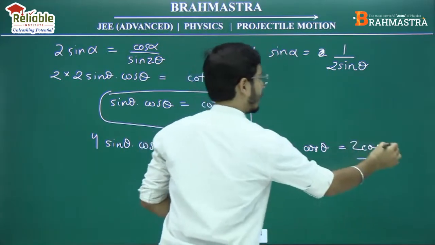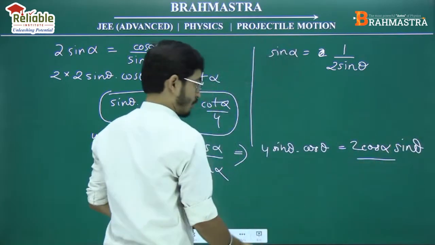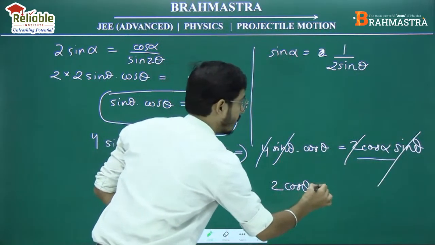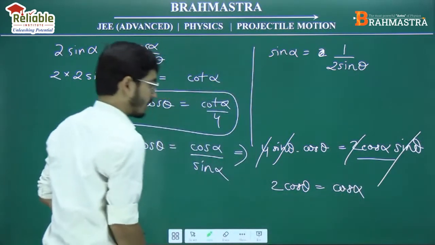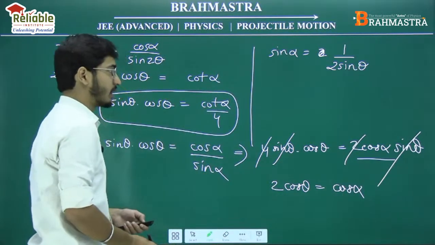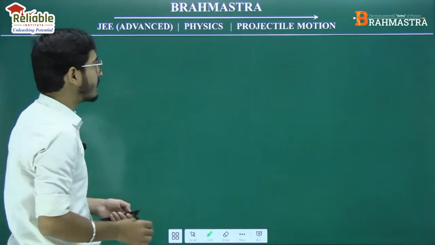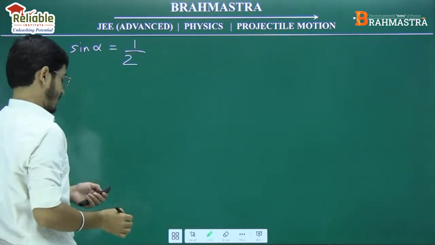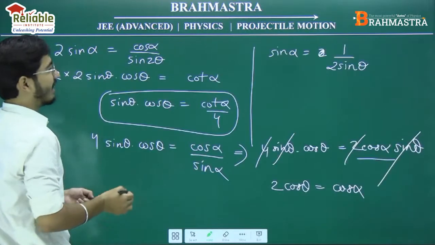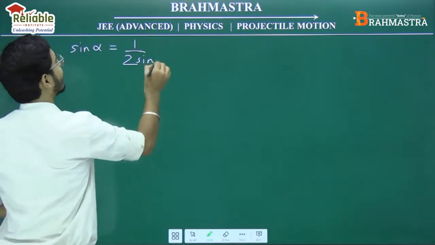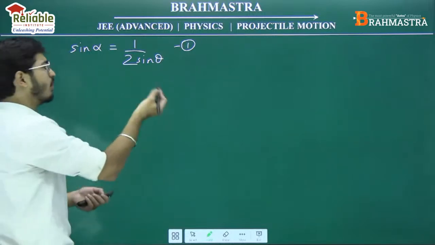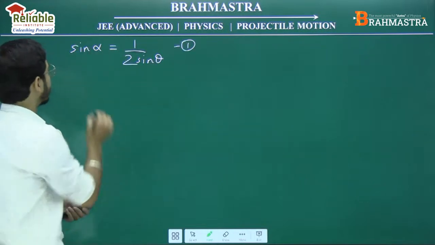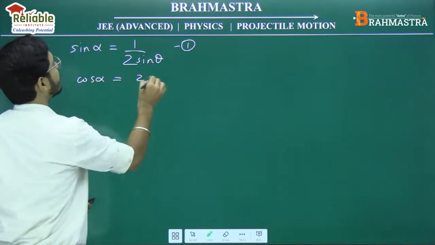the 2 will come in the numerator, this will become 2 sin theta। अच्छा, तो this 2 and sin theta will cancel out, तो आपके पास बचेगा बच्चों 2 cos θ is equals to cos alpha। बहुत अच्छे, तो आपके पास cos alpha is equal to 2 cos θ बचा, गुड टू गो। sin alpha हमारे पास क्या है, फाइनली हमारे इंतजार की घड़ी खत्म हो गई है, sin alpha is equals to 1/2 sin θ। Okay, this is the first equation, let's call this a new equation। और हमारे पास cos alpha की वैल्यू 2 cos θ आ गई है, कॉन्ग्रेचुलेशंस।